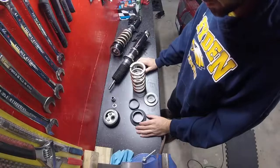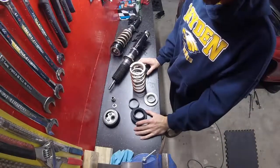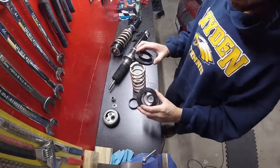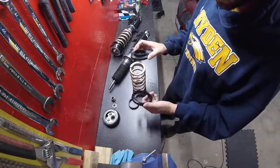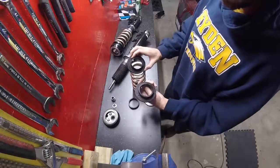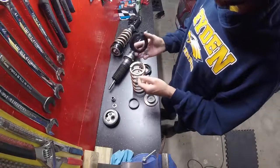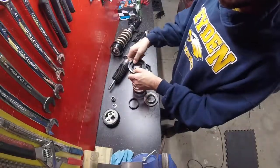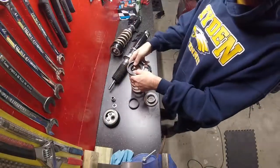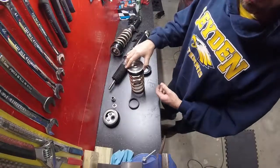Okay, so here's how I assemble my K-Mac adjustable camber and caster strut top mount. First of all, I have to pick which one of these two I want to use. These bushings that go on top of the spring come in two different sizes. One is a little bit thicker, one is a little thinner. I initially tried using the thicker one, which fits nice and tight here on the spring. You see it takes a little bit of effort to get in there, and when you have this inserted, it's